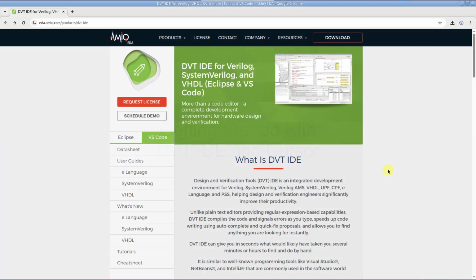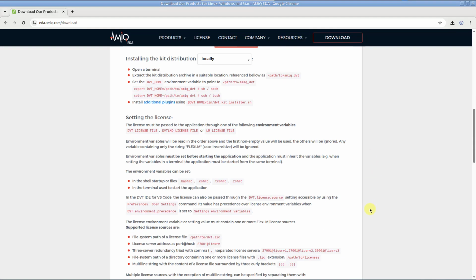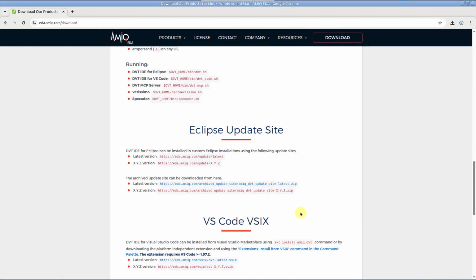DVT IDE works with Visual Studio Code and any VS Code fork, including Cursor AI, VS Codium, or Google Anti-Gravity. All DVT IDE features are available across these platforms. Download the latest DVT IDE v6 extension package from